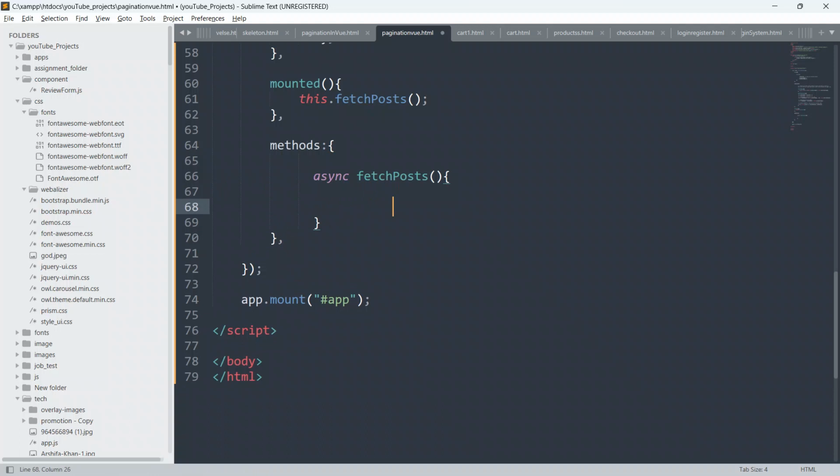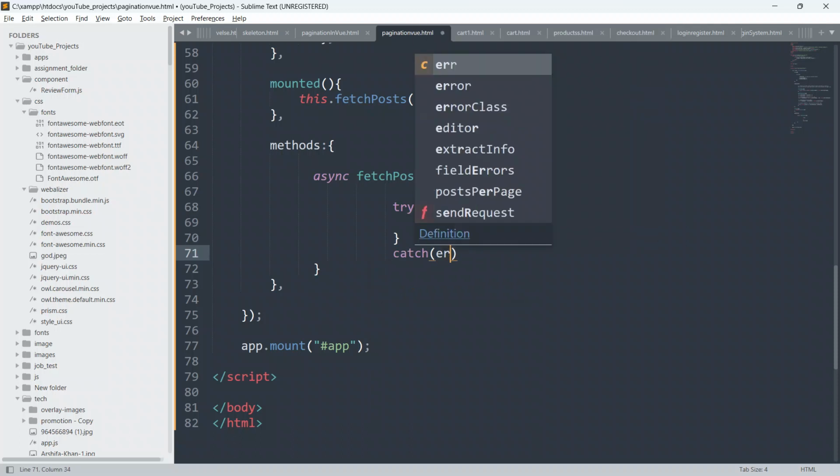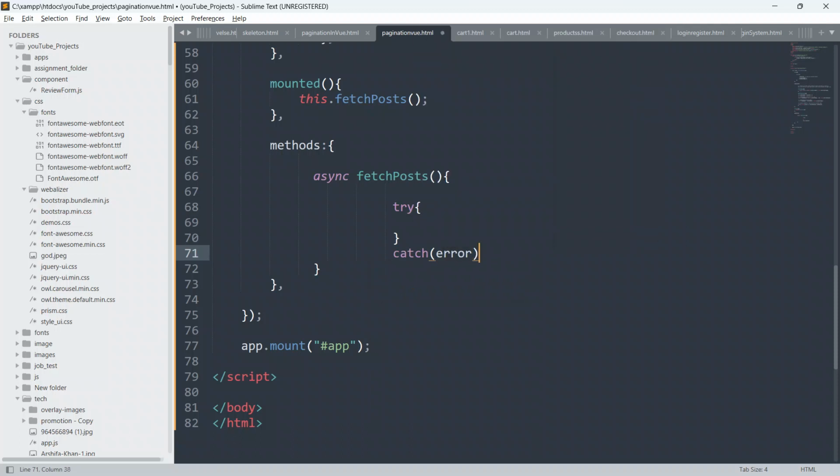So guys, in this video also I will be using a try catch block just to test our code. I'll say here try, and below this I will give the catch block also, just to catch the error. I'll catch here error, and we will just console.log the error only.